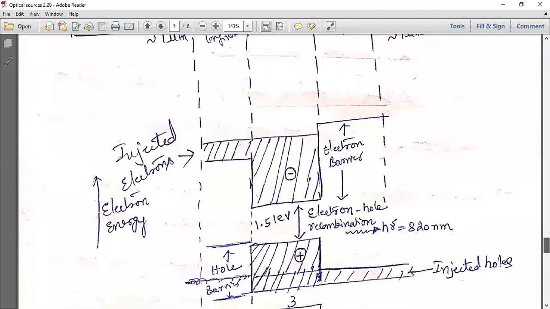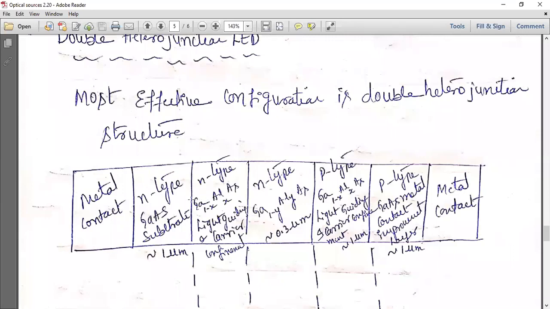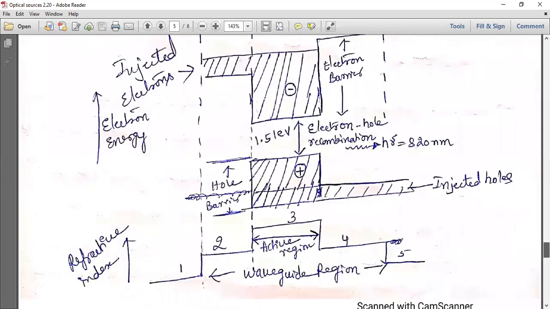Apart from that, here is a heterojunction and here is a heterojunction, so their band gap will be more. This is your complete band gap. Here on the left side is the n-type material, this is the p-type material, and this is the active region. The active region band gap will be less, since we have used a direct band gap material. In this direct band gap material, the bands are very close to each other, and electrons jump from the conduction band to the valence band, and they release the energy in the form of light, which is h nu.